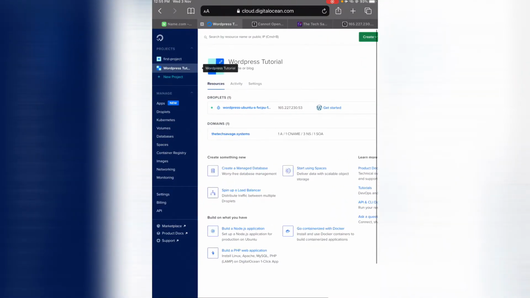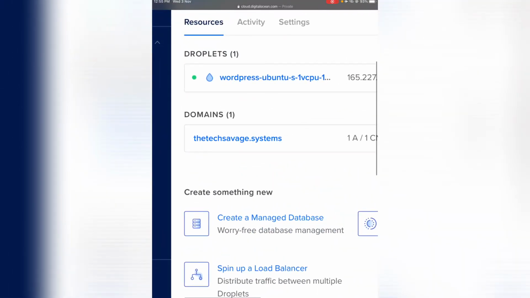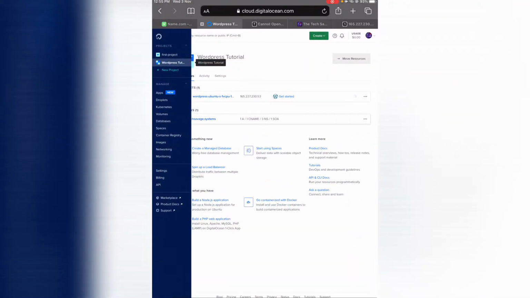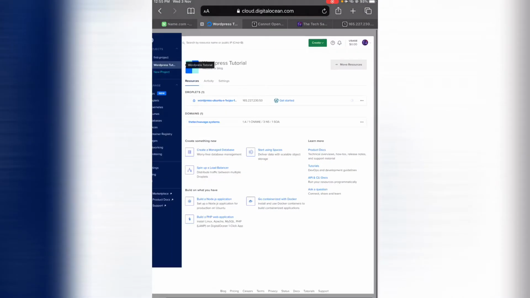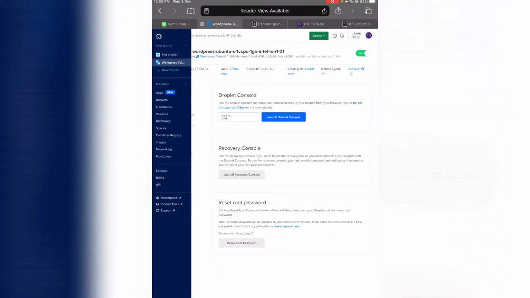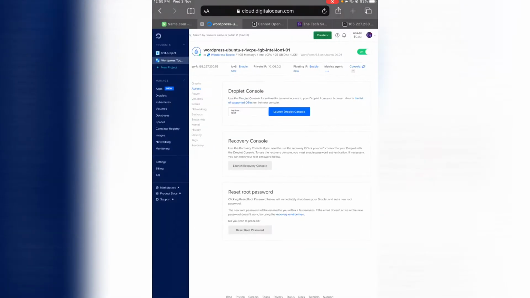So as you can see, we have a domain here, the techsavage.system, and up here we have the Ubuntu. So just click on this here under the Ubuntu and click on Access Console. So after you click on Access Console, you're going to see this. So launch Droplet Console as root. So we're going to launch this,